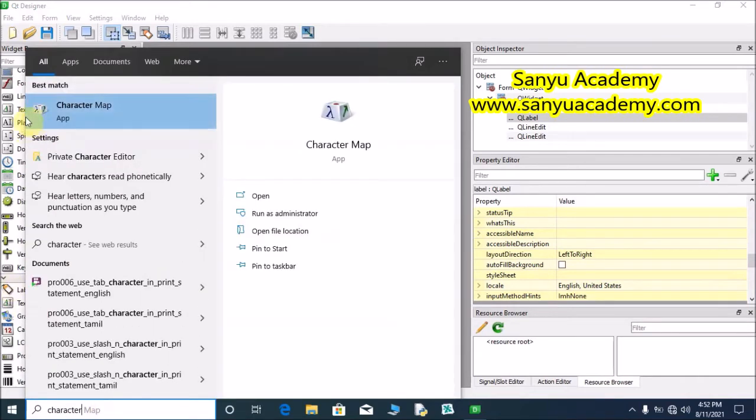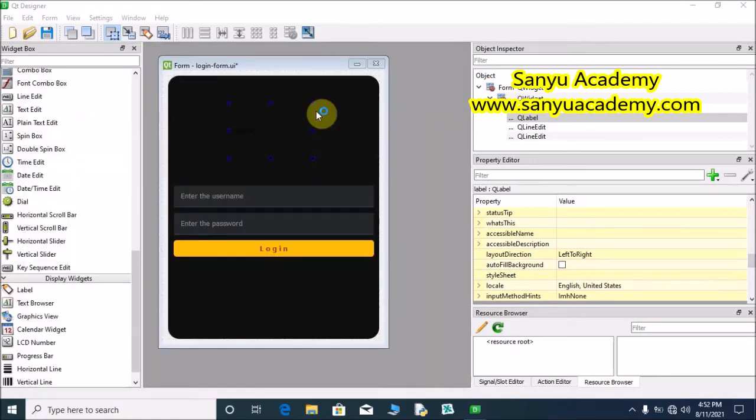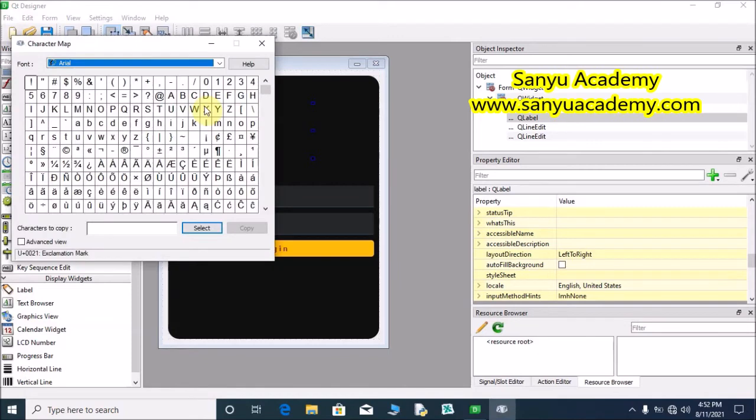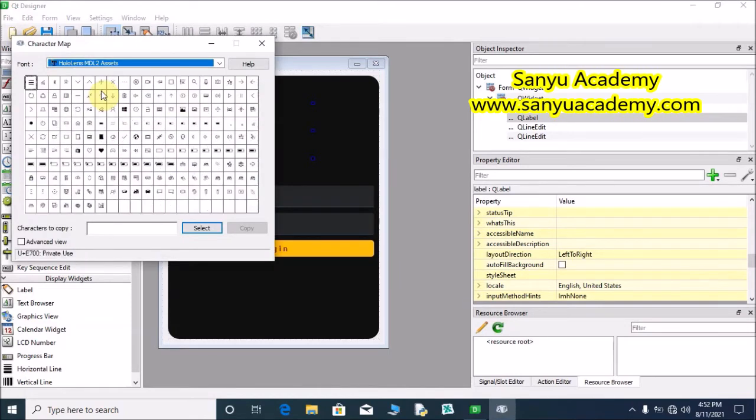We can see the character map application. Open this and select a font, HoloLens. In that font we can see many objects like this. Now I am going to select the lock. Double click this. Now the lock is displayed here. Select this and click the copy button.